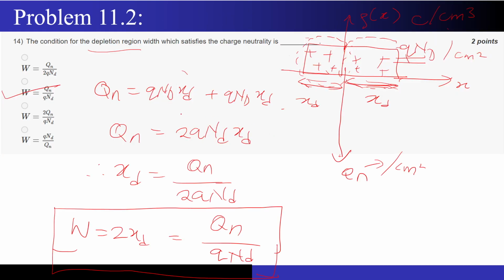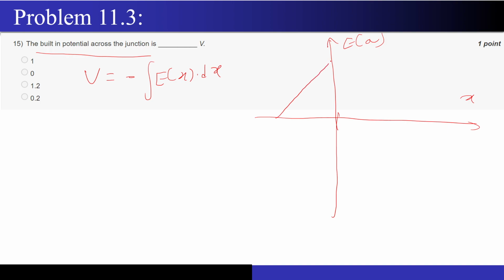And how did we calculate the electric field diagram? It was like this, then from here it moved till this bottom point, a sudden change, and from here it moved up again. So this is xd and this is minus xd. Now if I assume this as E naught, then this is minus E naught. Can any one of you please tell me the area of this left half side, the area of this triangle?